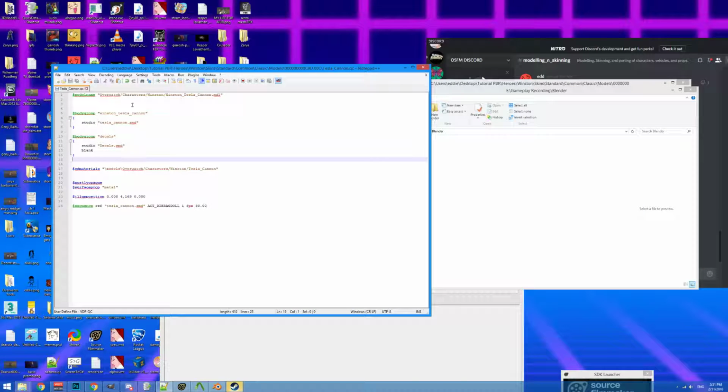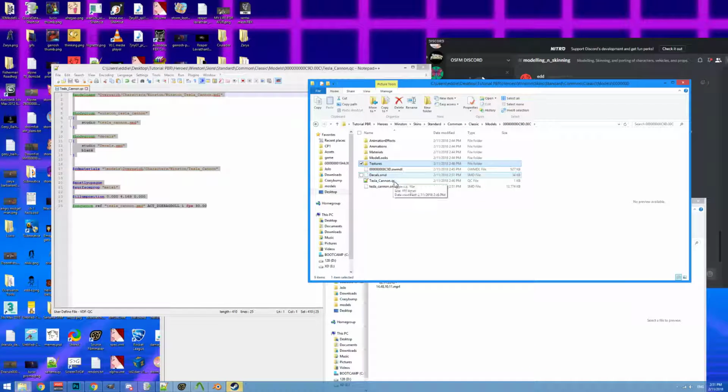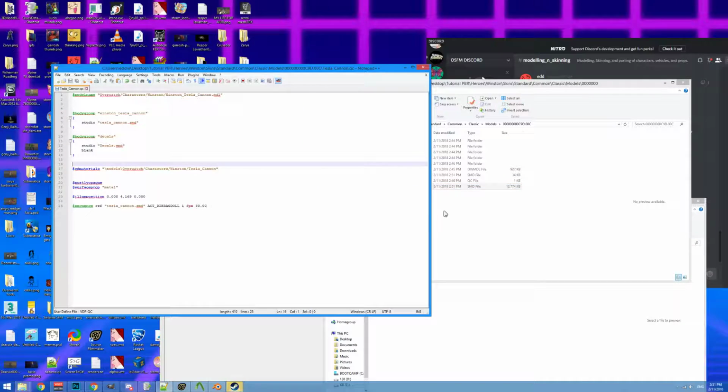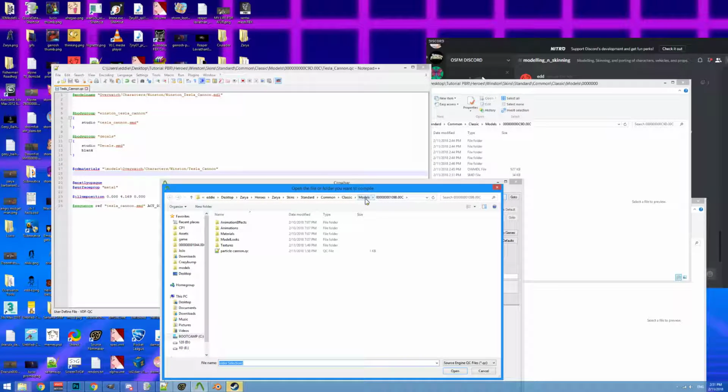Alright, so here's my QC file. It's really just me referring to each SMD that I've written. Since I exported my 3 identical meshes as one SMD, that's just right there. If you did it separately, you'd have to reference all of them. And if I go and compile this real quick,